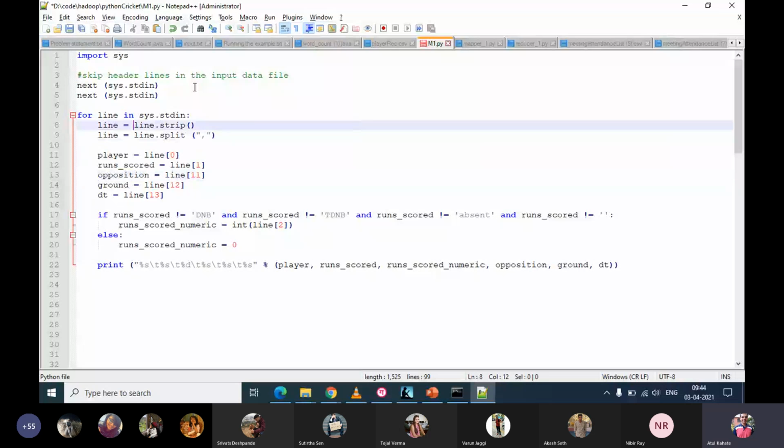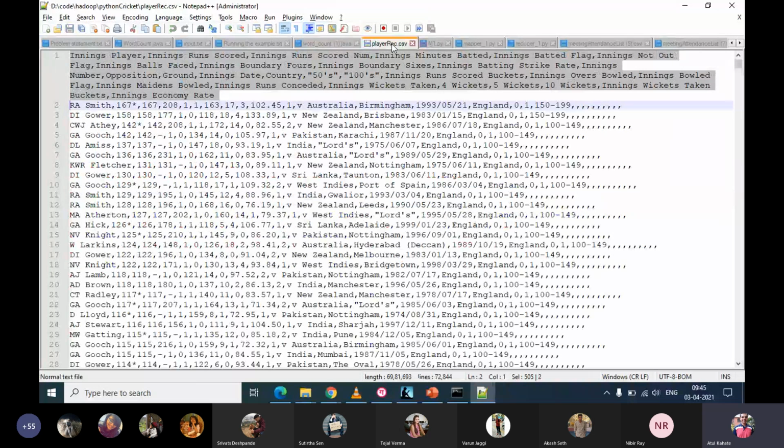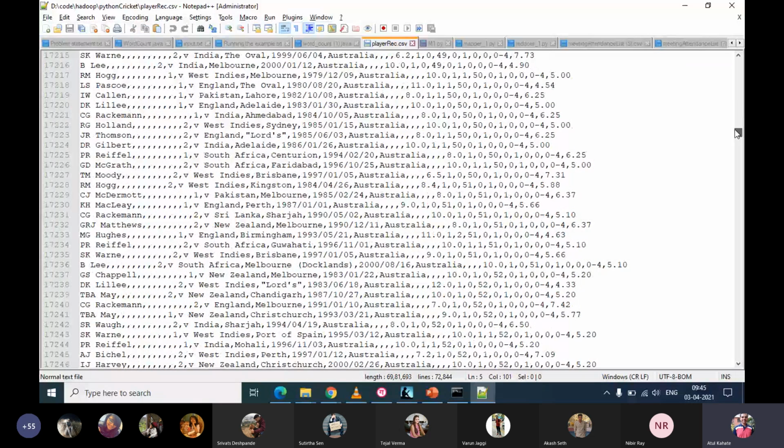Then, as usual, we read the line, then we split it on the basis of comma as the delimiter. We look at the fields which we wish to pass to the reducer. So there's nothing different here. Again, another challenge that many of us may have is we get overwhelmed because there are too many fields or columns and too many data rows, which is why I gave you this example. This file has so many columns and a huge number of rows, which sometimes overwhelms us.